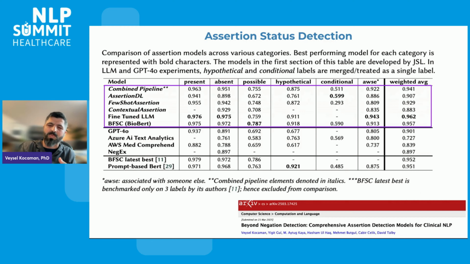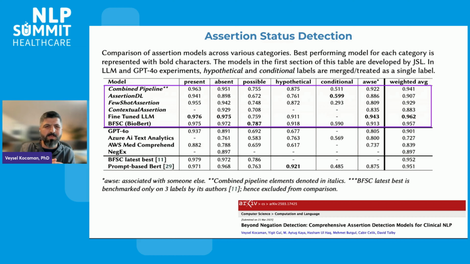Right? You can just use one model, or you can use 3 models and then combine them within the same pipeline. If you don't like, let's say, the results from the possible entities or absent entities, you can go ahead and check that or replace that stage or fine tune that stage with your own data and then build the pipeline again. So compared to GPT-4o and Azure and AWS, as you see,